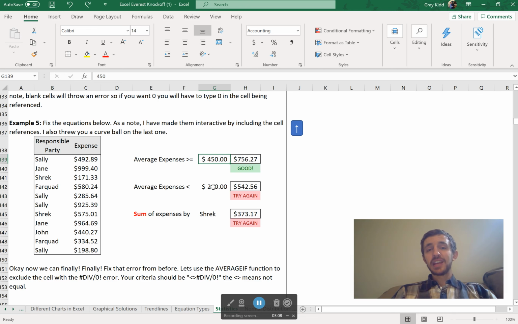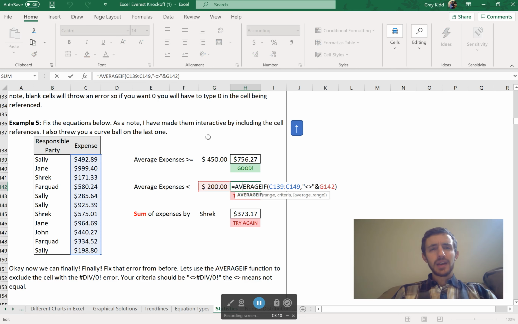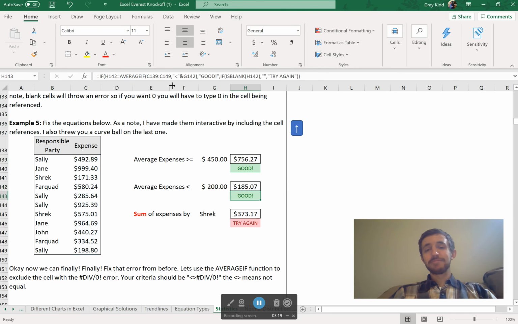Okay, average expenses less than $200. I look here, I look through, oh, I accidentally typed in the not equal to symbol. So I wanted it less than. So right there, less than, and we're good. And the last one,